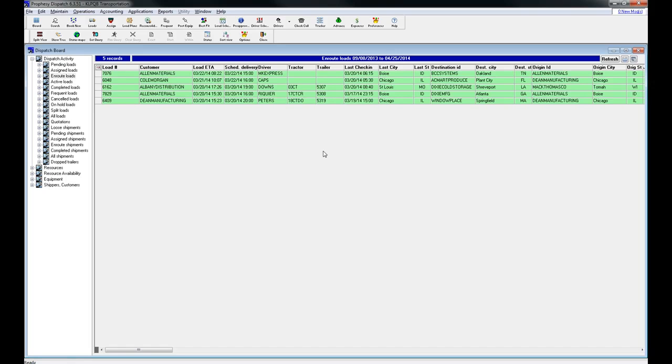So the load got assigned to the driver, who was able to update the arrival, the departure, the actual goods on the load. We'll track the driver all the way through. The driver arrives to make the delivery, can go ahead and enter that information, and the load can complete itself. So 80–90% of the normal verbal communication you would have with your driver and dispatcher can be eliminated